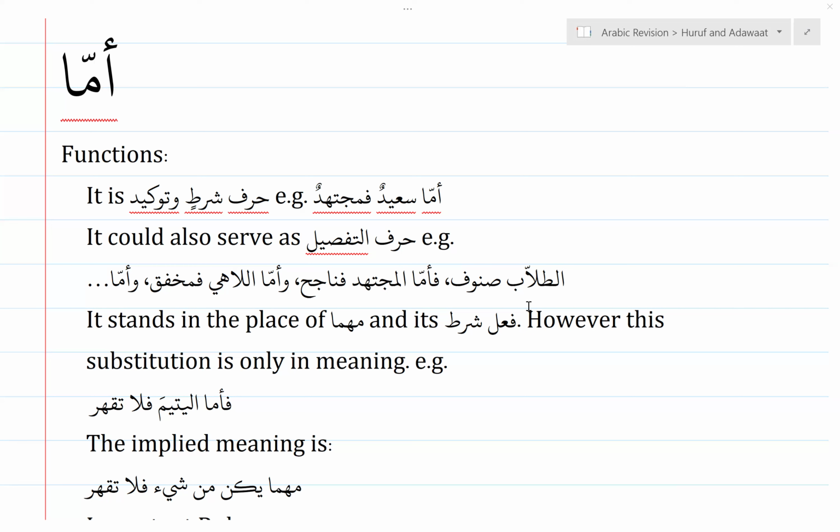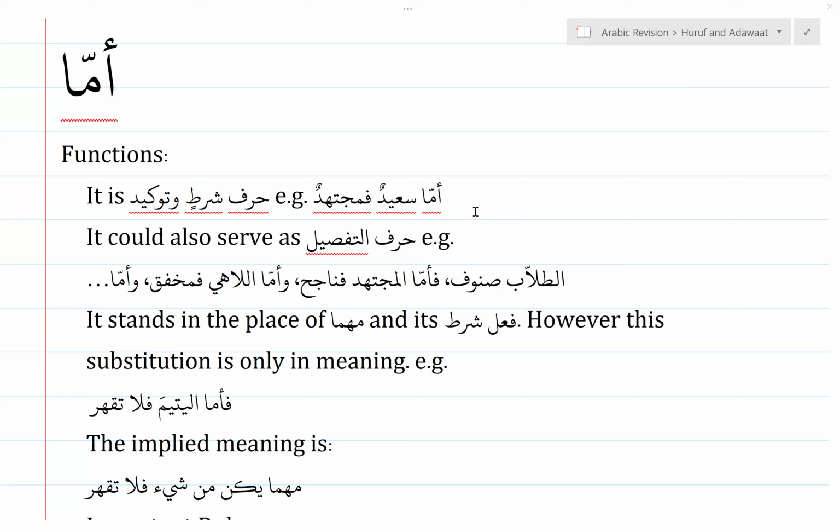So you mentioned something, الطلاب صنوف, students are in different groups. Then you have this group and this category and this category. That is tafsil. You are providing explanation for the categorization that you mentioned. All right. This happens a lot in the Quran, and that's why amma is called harfut tafsil. Amma and imma, both of them are called hurufut tafsil, because they provide further explanation on something that you have mentioned. All right. So let's go back to the shart part.